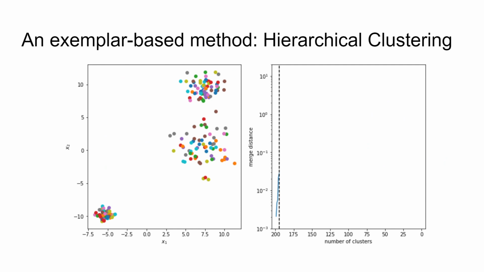Colored each one. Well, there's probably some repetition in color there, but everybody's in a different category. And I'm going to start merging. What I'm going to plot over here on the right is how many clusters I'm at right now. So it looks like I've already merged a couple of them, because I've got 200 data points here. But then the y-axis is going to be that merge distance, what that distance was between the 2 points that